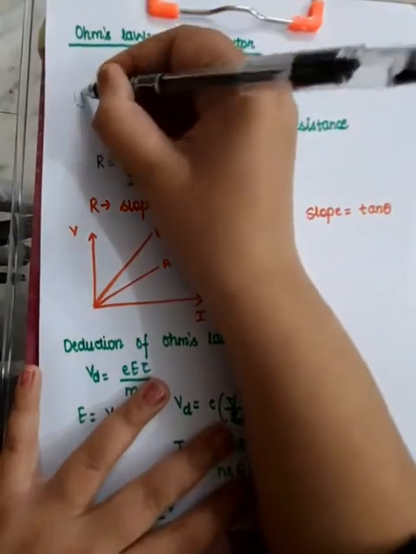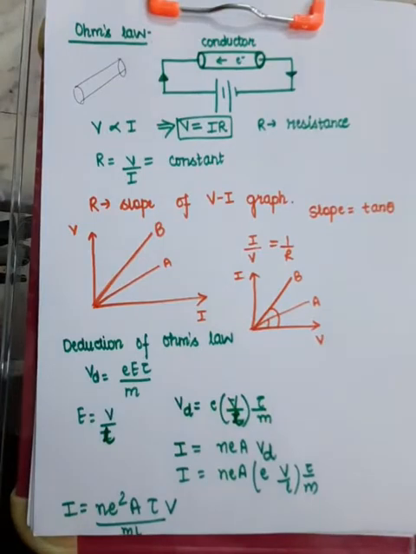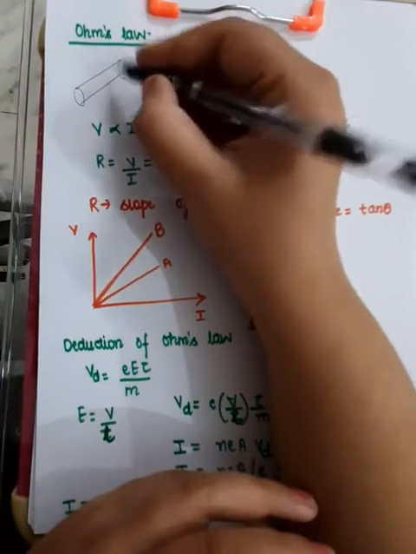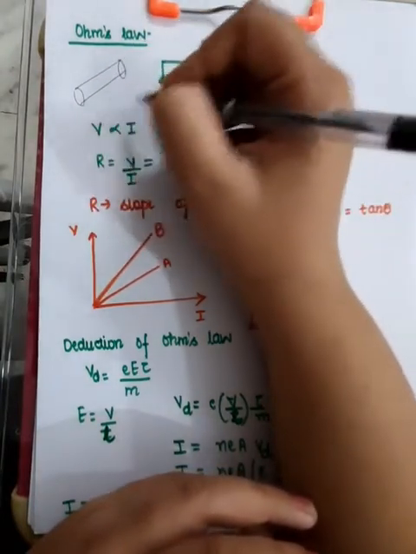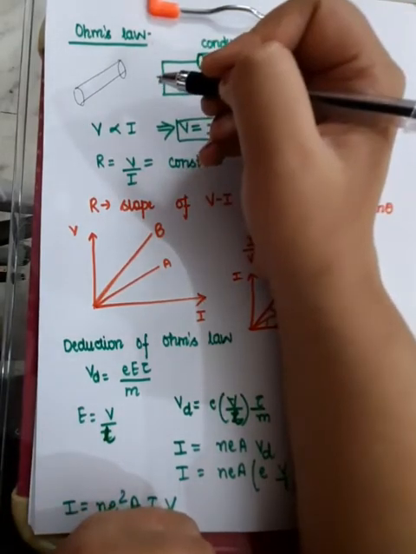Now, you know that a conductor has many free electrons, but the motions of those free electrons are so random that they do not constitute any kind of electric current, because electric current means flow of charge carriers in a particular direction. Unless a conductor is connected to the two terminals of a battery, you cannot expect the current to be flowing.